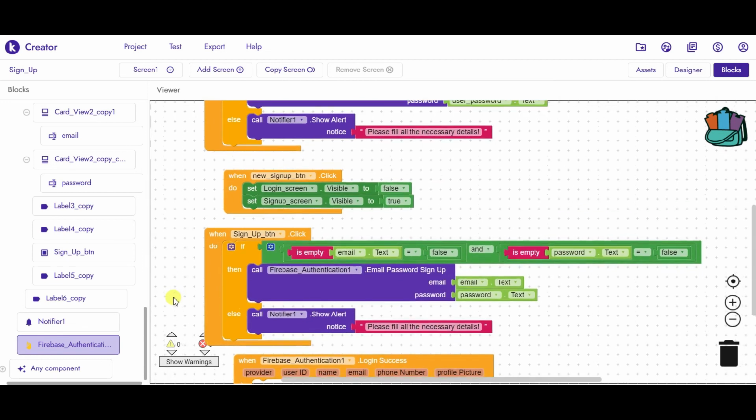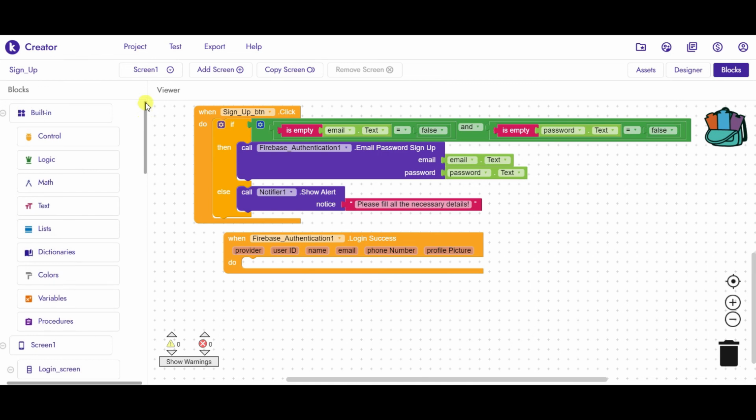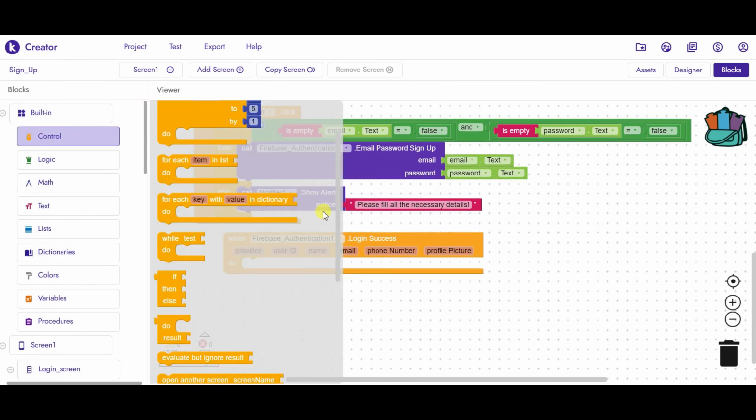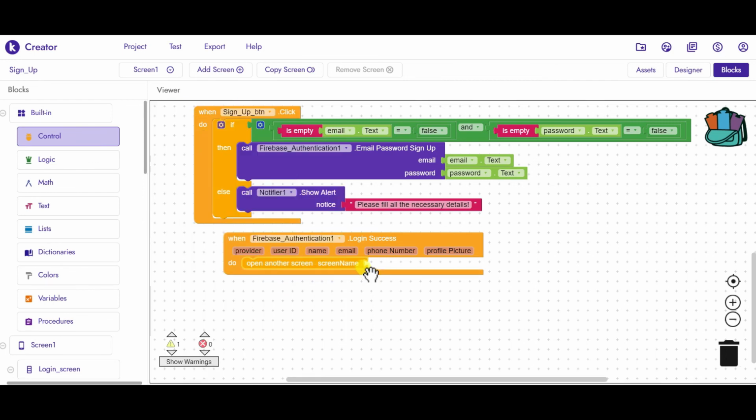What we will do is we will just open a new screen, and screen name you can just add, like I'll just add screen 2. So this is something like whenever login is success, so you can just open another screen. If you want, you can change the name according to your application. And